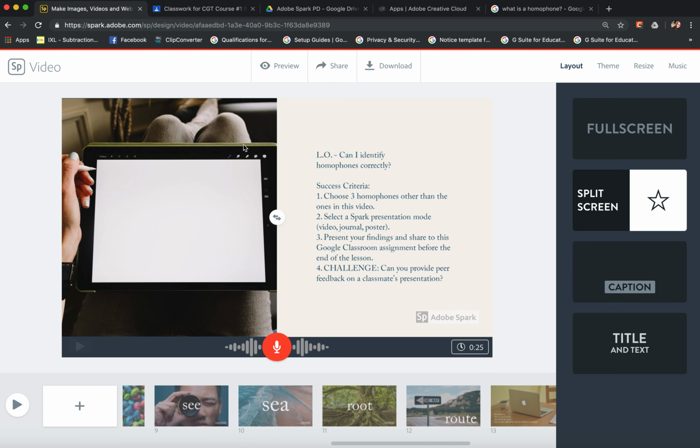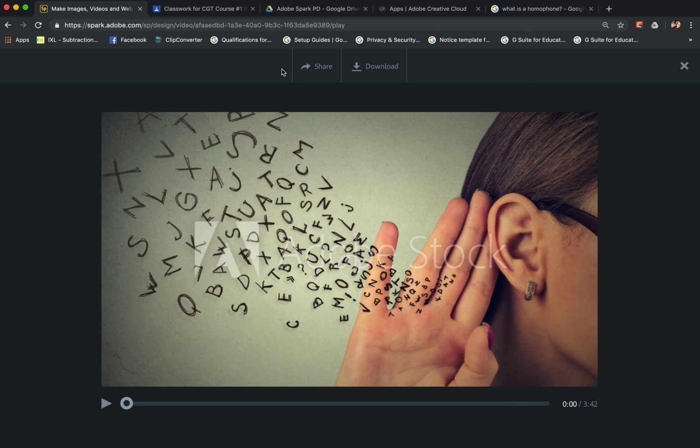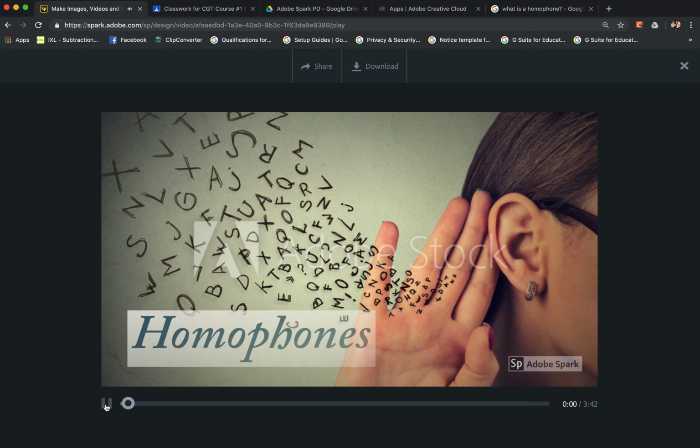So let's just take a little quick look here at what you could do to create interaction with the Adobe Spark video. It's just loading there. So as you've already read in the Google